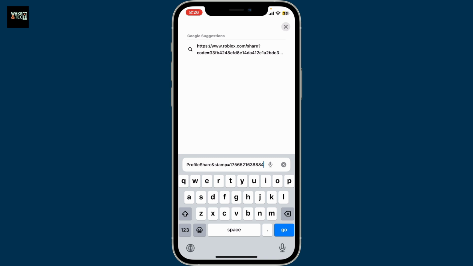There you will be able to see the number in the middle. For example, in my case, it's this number over here. This number is your Roblox User ID. And that's it. Now you know how to find your Roblox ID in the mobile device in just a few